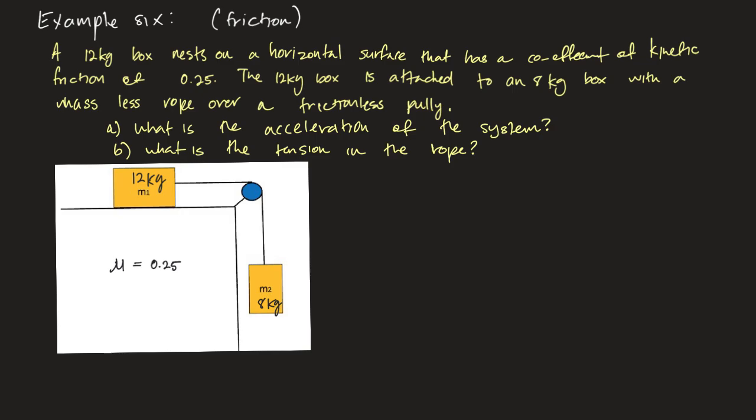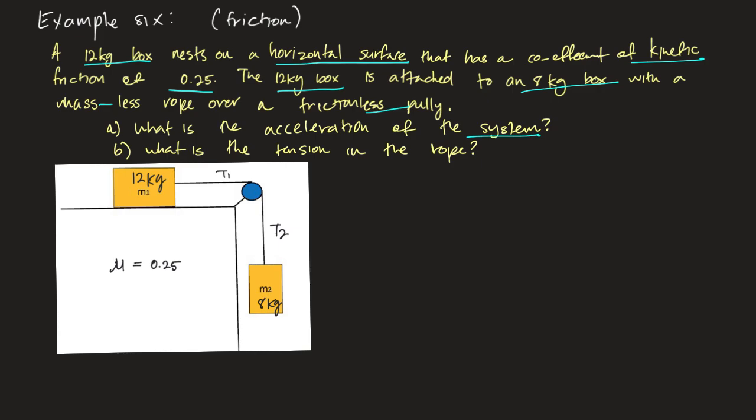Example 6. We've got a 12 kilogram box that rests on a horizontal surface that has a coefficient of kinetic friction, so we know it's moving, of 0.25. The 12 kilogram box is attached to an 8 kilogram box with a massless rope over a frictionless pulley. They want the acceleration of the system, and they want the tension in the rope, T1 and T2. So the first thing that I'm going to do is set up my free body diagram,